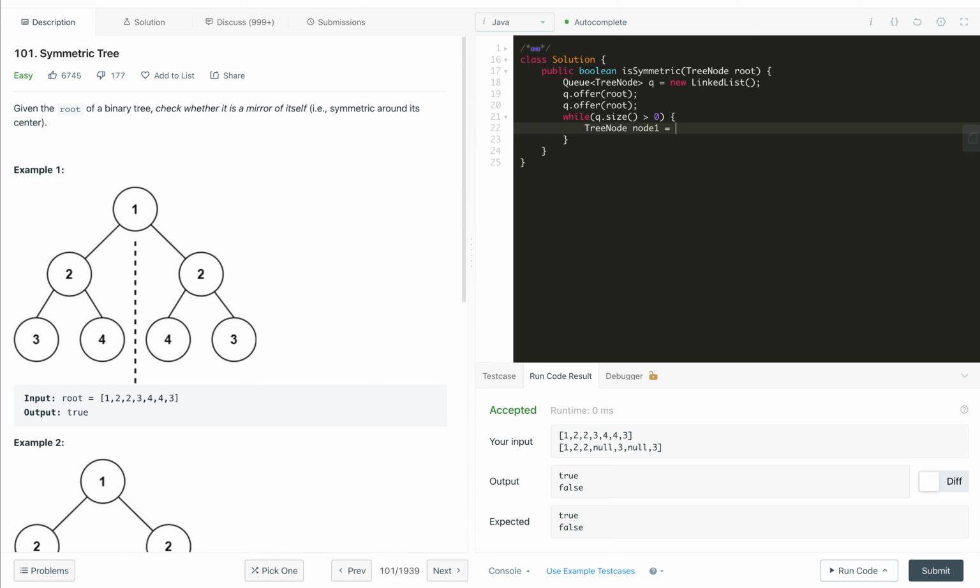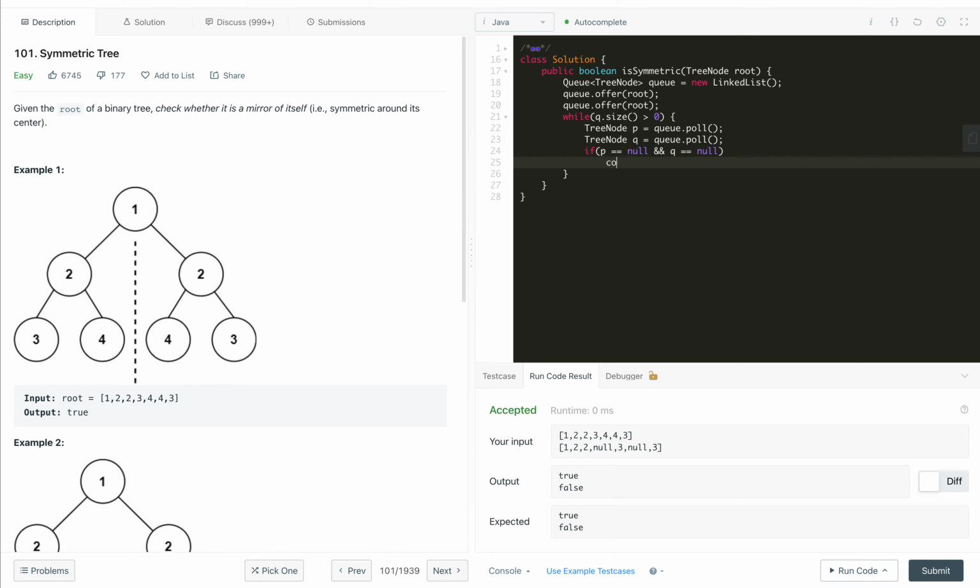Now we will get the p node from the queue, let's call it node p. Instead of just q, let's use a bigger, more meaningful name, queue. Now p node is queue.poll(); first we will get the p node, similarly we will get the q as well, another node q.